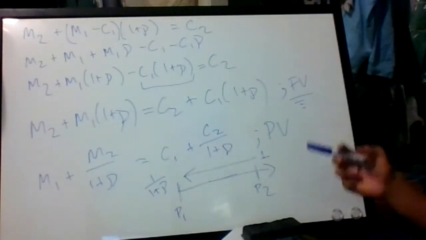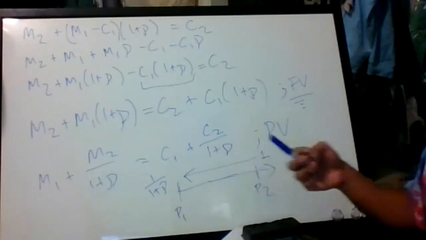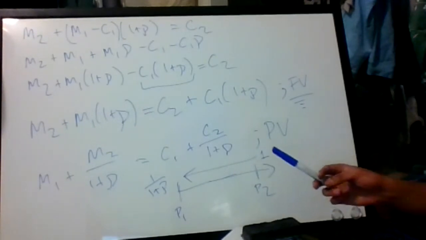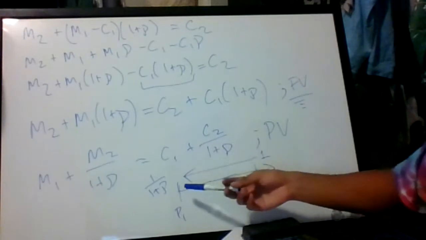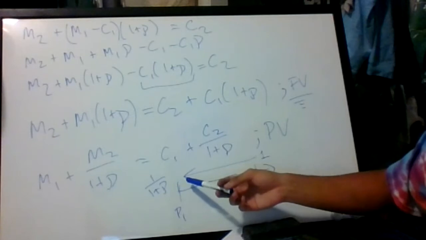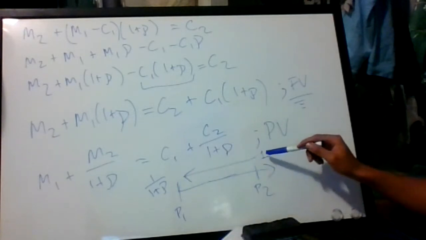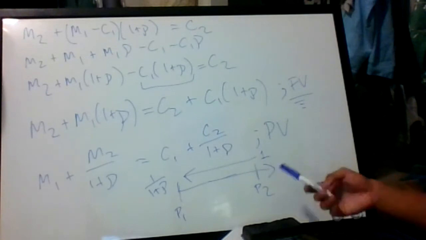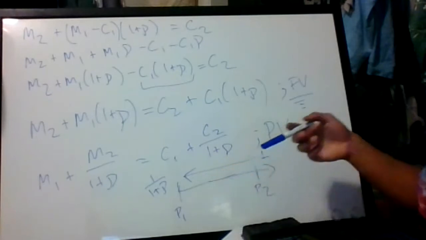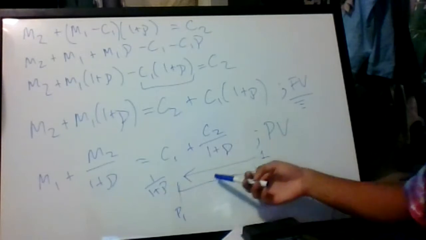And so the reason why we want to have it in terms of present value is because if you think about what it means, if we have some money here, we can save it and that'll grow. Or if we have money here, you want to see what that dollar was worth in the present. So if you think about what 1 over 1 plus rho is, if you grow that amount and it grows at a rate of 1 plus rho,